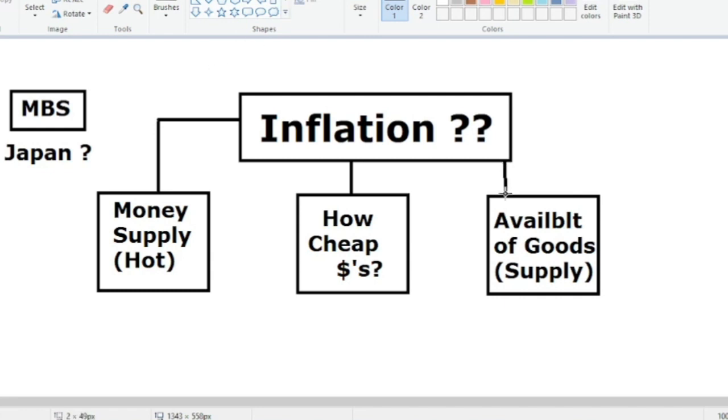But if you have a great deal of goods and they're very readily accessible, and you print money and you give it directly to the consumer, right? And interest rates are sky high and there's no problems with the supply chain and everybody can get as many goods as they want, it's still going to be a little bit difficult to see inflation.